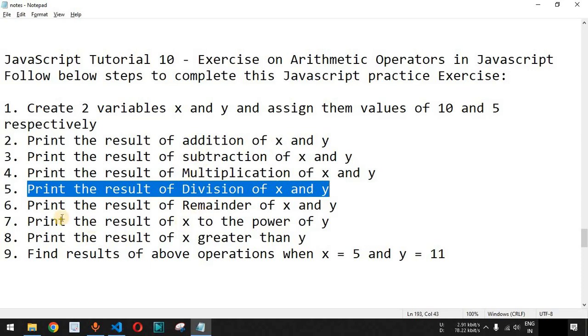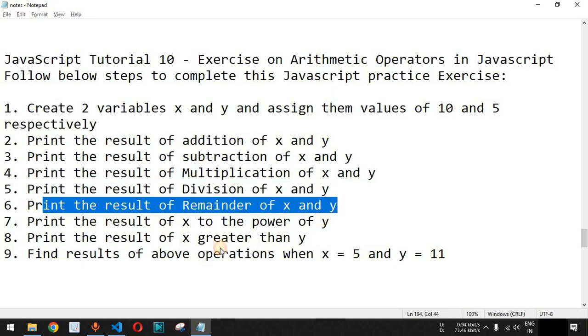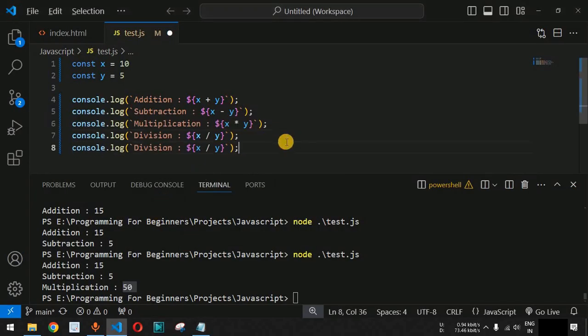Now guys, similarly let us complete the other steps as well before printing all the results. So we will find the remainder of x and y when we divide x and y. So simply we are going to say remainder this time, and here we need to use the modulus operator, that is the percent operator. So x percent y, which means 10 will be divided by 5 and the remainder will be found